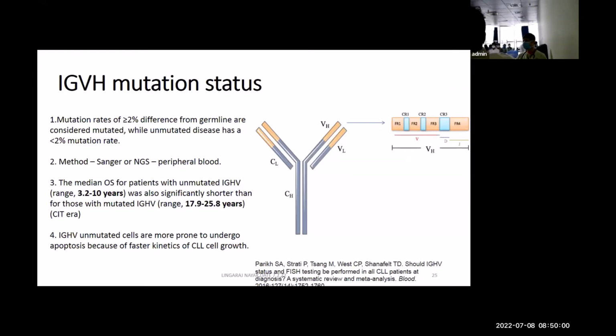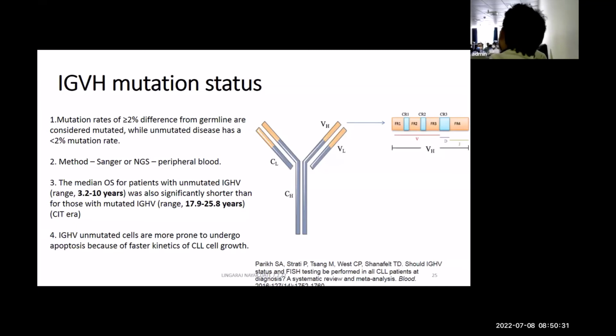Now, after TP53, the second big prognostic factor is IgHV mutation. What is this mutation? Remember the ontogeny slide I showed. It is the mutation that happens in the germinal center. In the germinal center, the cells which are dividing undergo somatic hypermutation. This is the immunoglobulin gene, with the constant region and the variable region, VH being variable heavy and VL variable light. The VH region undergoes this mutation.